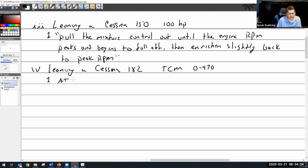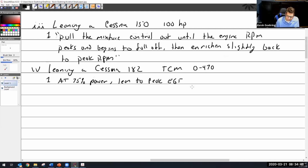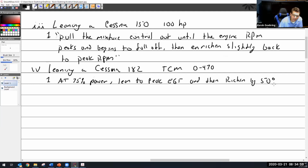So it says at 75% power. And where am I going to find out what 75% power is? The POH. Okay, in the POH. Lean to peak EGT, and then richen by 50 degrees. All right, so I'm going to start pulling out the red knob, pull it slowly, slowly, slowly,